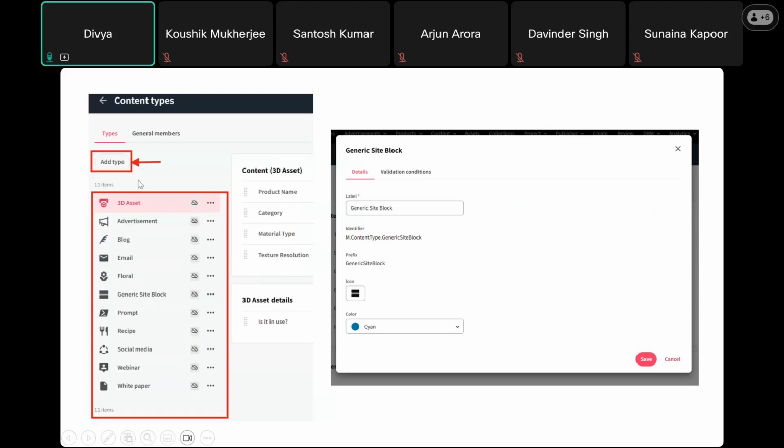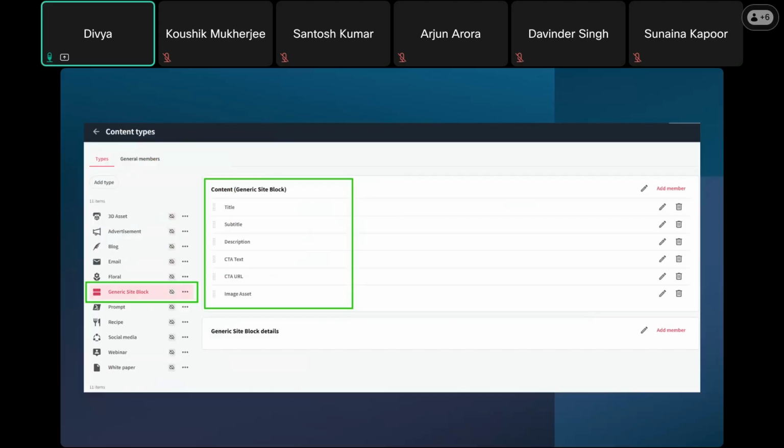So you see this option add type, right? Once you click there, you see this pop up where you define your content type. Basically, you will give the label and you just save this. The identifier and the prefix will automatically generate. Once you do this, it will ask for the members, right? So there's this option to add your members. So for this generic site block, I have added a few fields like title, subtitle, description, CTA text, URL,